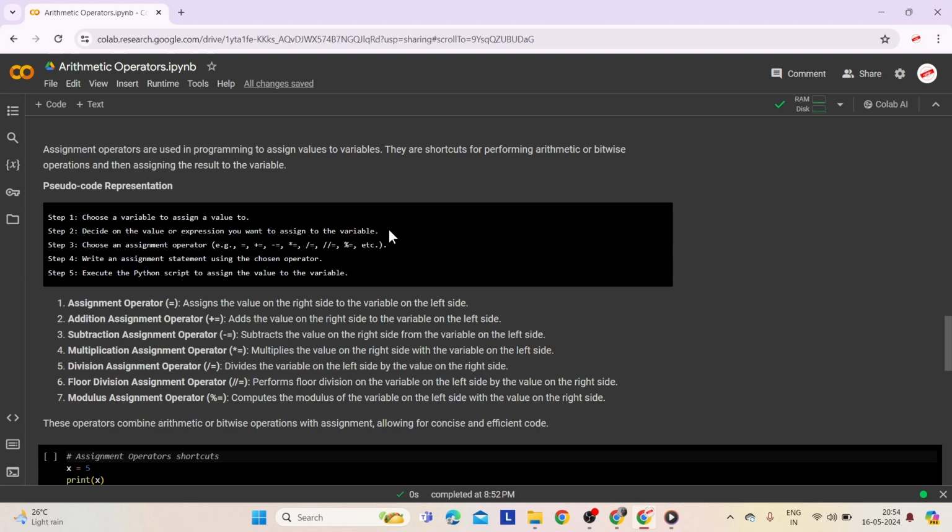Means decide on a specific value or calculation you want to associate with that variable. This could be a number, a word, or a result of a calculation. Step 3. Choose an assignment operator. Means select the appropriate assignment operator to indicate how you want to assign the value to the variable. The most common one is equal to, which simply assigns the value on the right to the variable on the